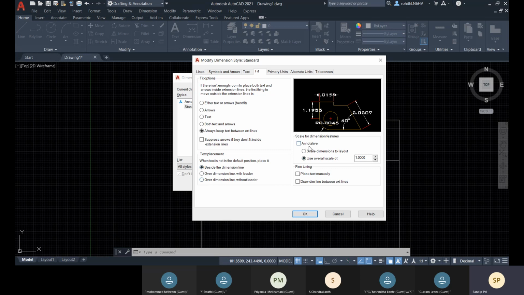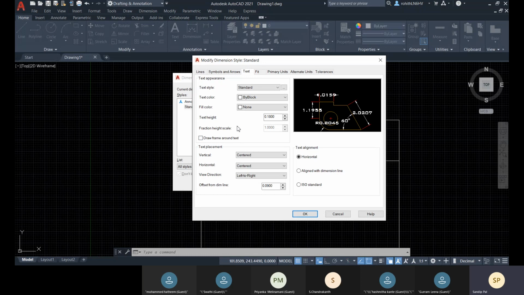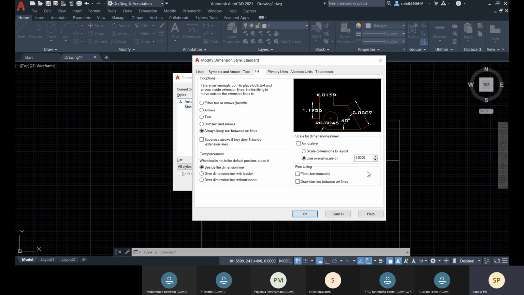And you now have the scale option. You remember that I haven't changed any arrowhead size, any text, right? I haven't changed anything. But if I want, I will match either with the drawing scale, or I will apply a scale factor over there. Okay. So what will be the scale factor? That is 10 for me, and you can make it annotative as well.